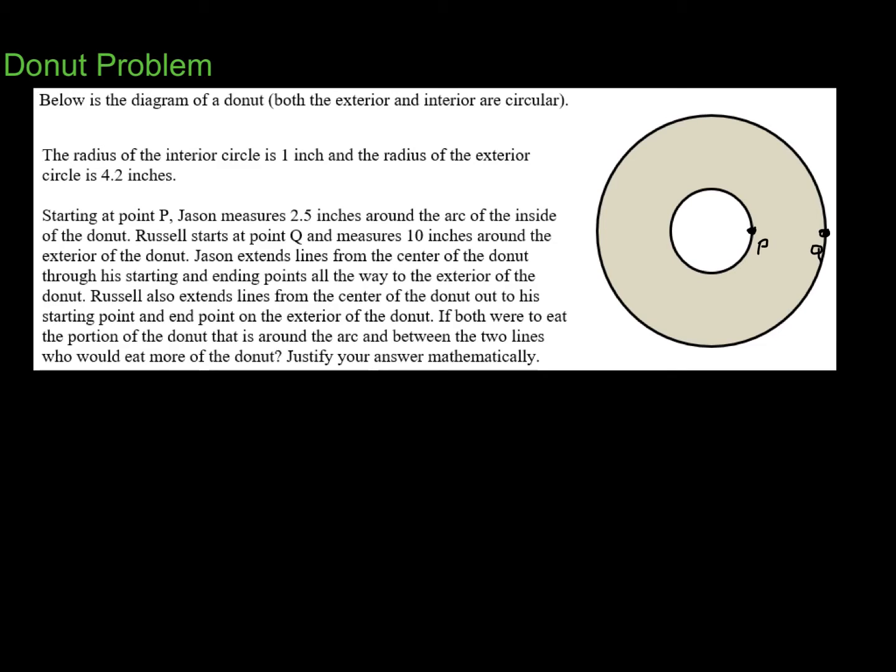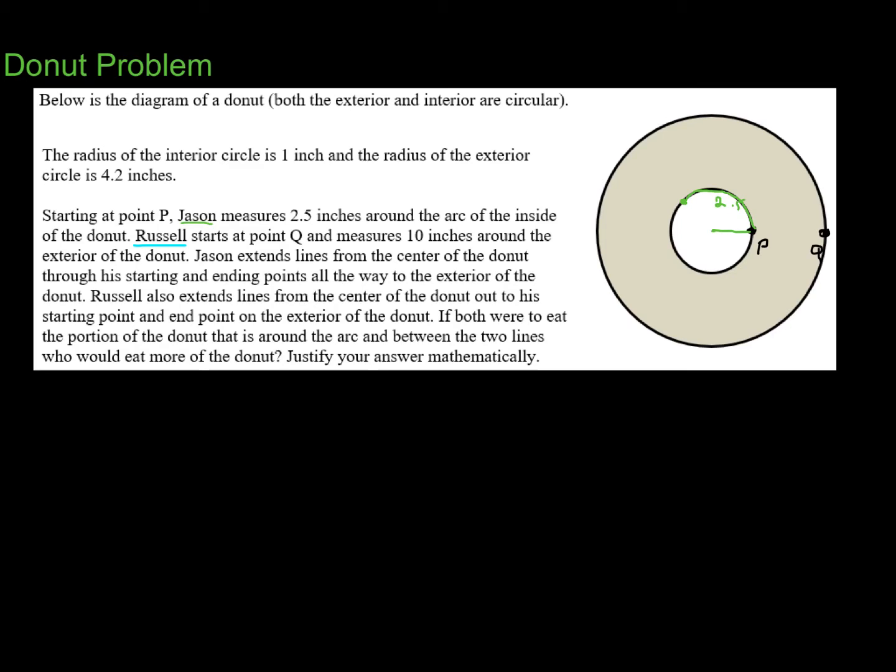So for Jason, I'm going to go ahead and diagram Jason here in green, and I will diagram Russell in light blue. So what Jason does is he measures around the inside of the donut here, and he measures 2.5 inches around the inside of the donut. So if the radius is 1 inch, I'm going to try and draw this to scale here. Let's say there's the center, and if this distance is 1 inch, then 2.5 inches might get him, I don't know, somewhere out here. Okay, so we'll say he travels like that,